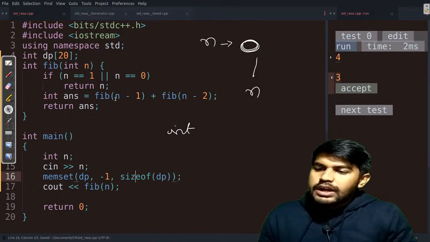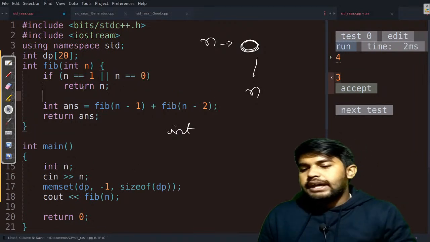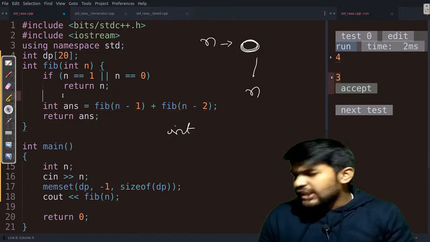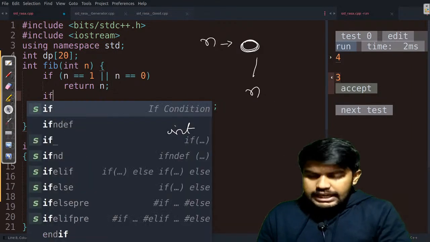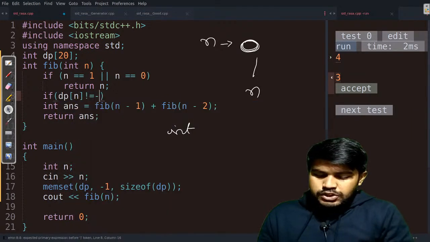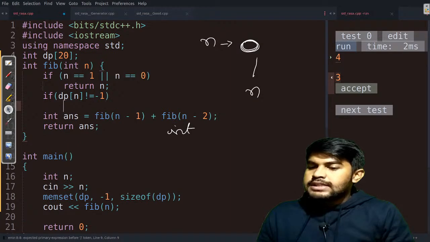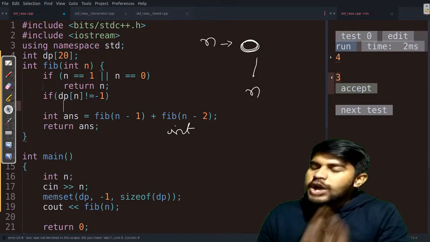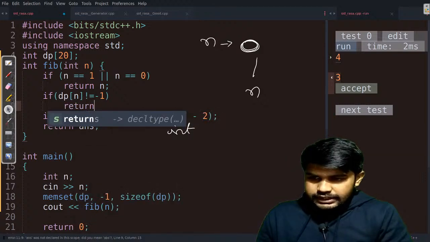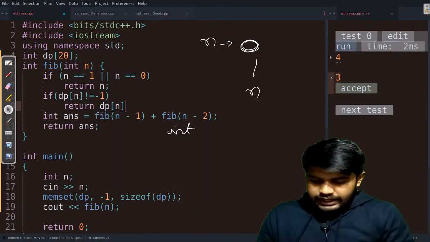Now here at this point we are trying to calculate the answer. Just before calculating the answer, we would see if dp of n is not equal to -1. This means that the value is already calculated. Then we would return dp of n.